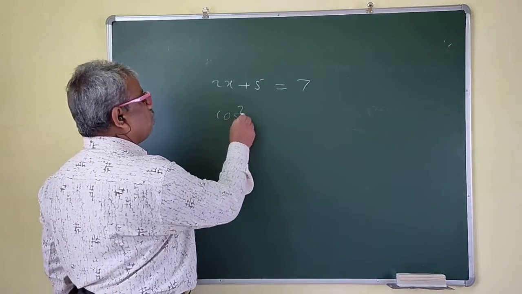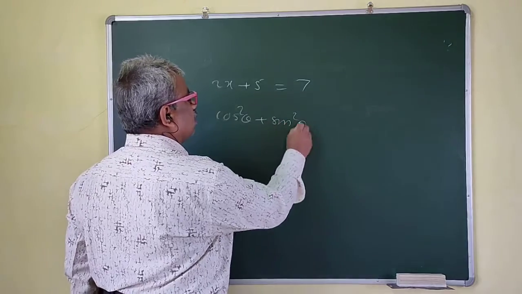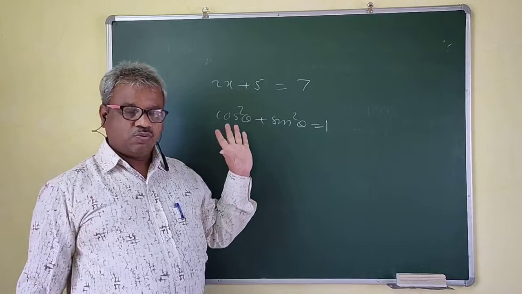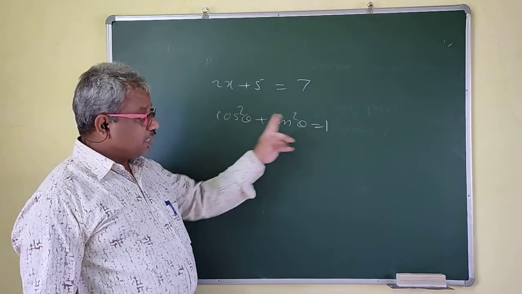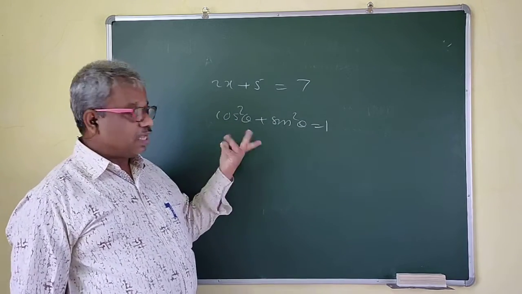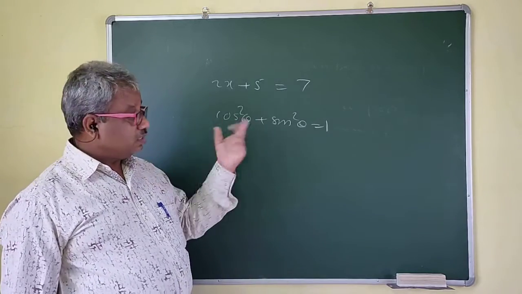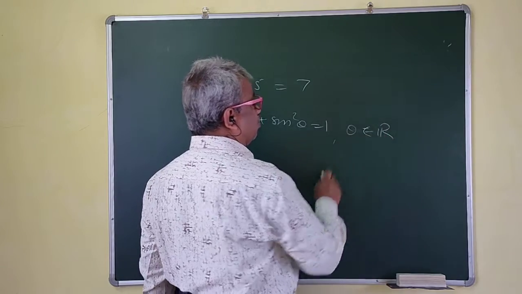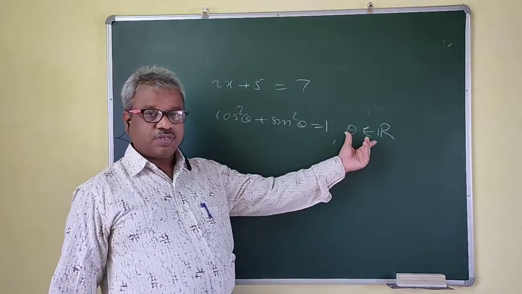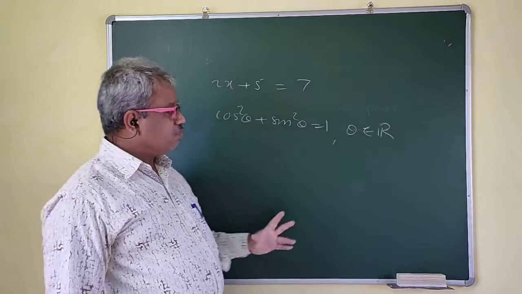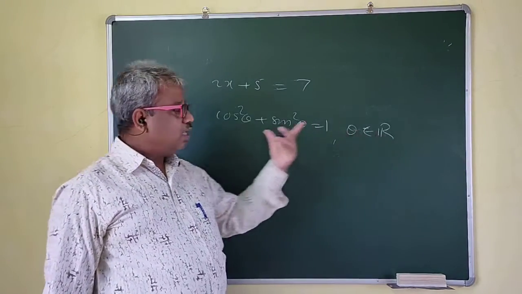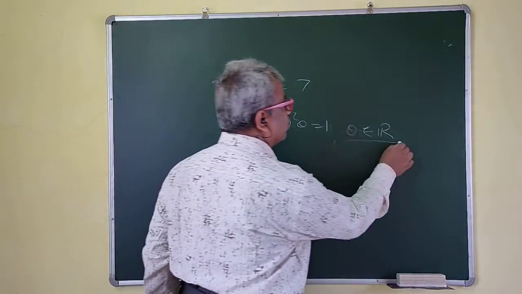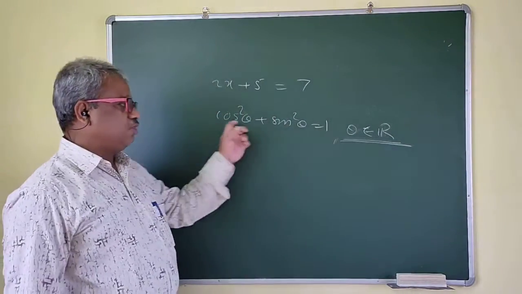So you know that cos²θ + sin²θ = 1. Right? Again here theta is not given to you. We know that this is true, but what is theta? That is not given. That means this is not a statement. If you write here θ belongs to R, because the information of theta is given to you, then for any real number theta, cos²θ + sin²θ is 1. Now if you have this, then and only then will this be a statement.